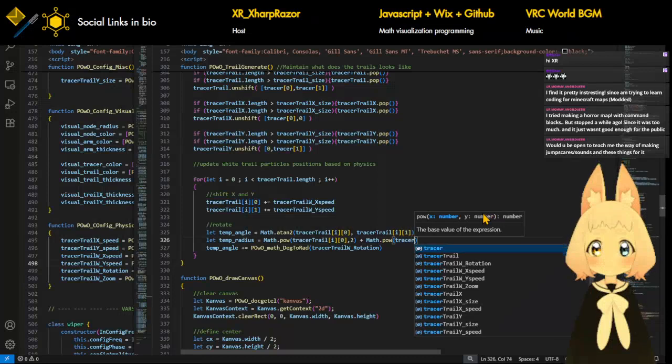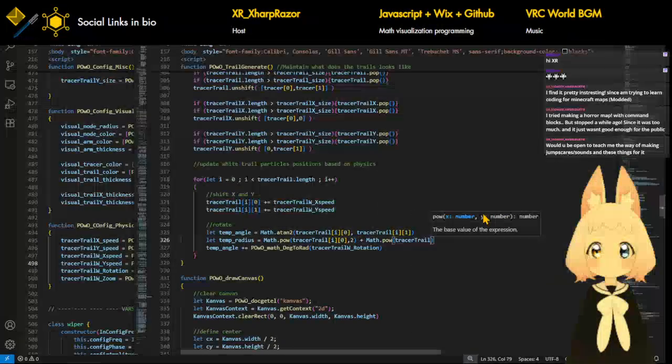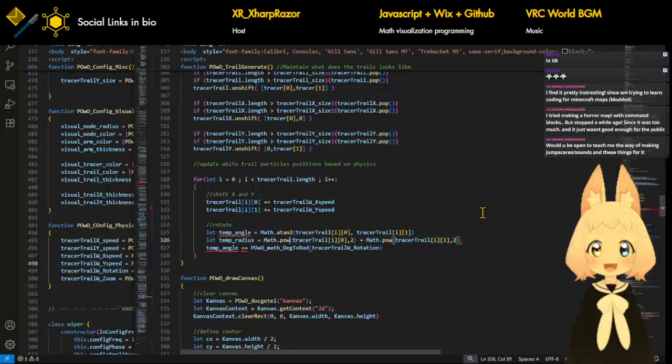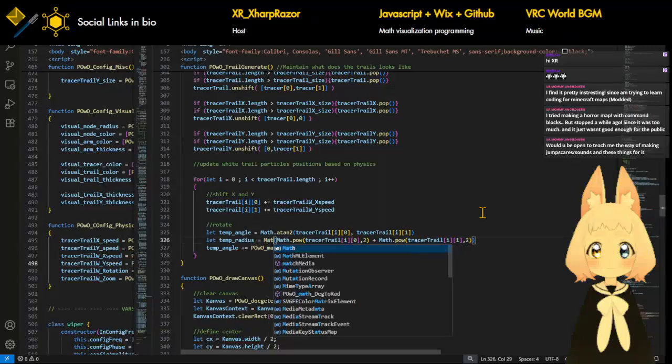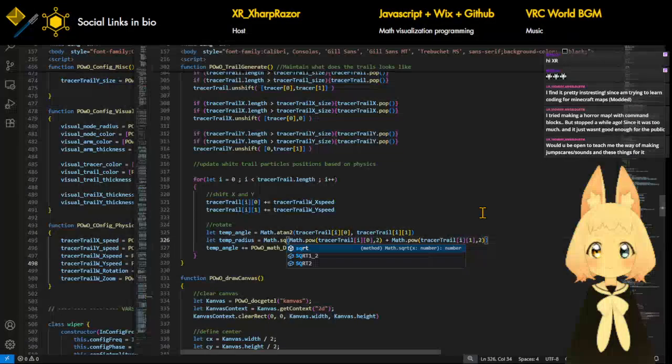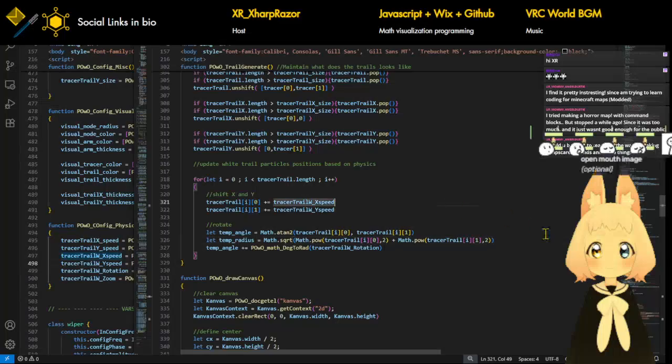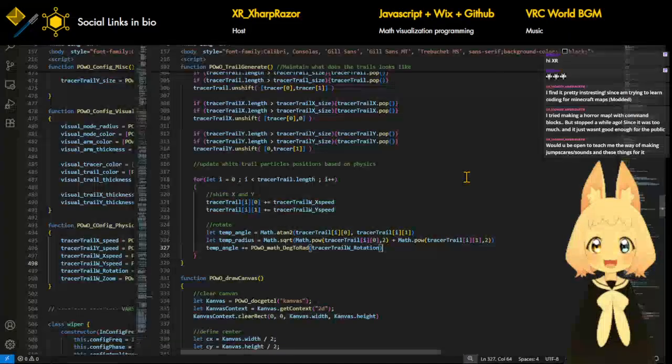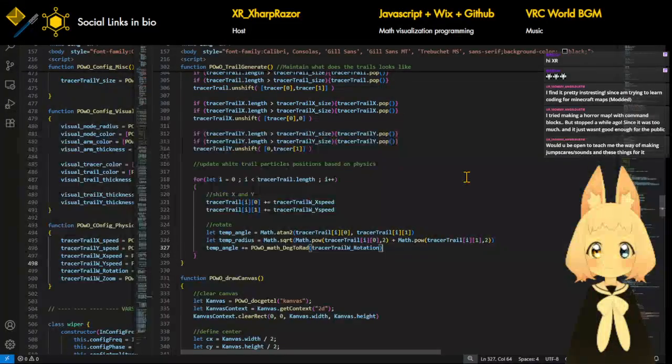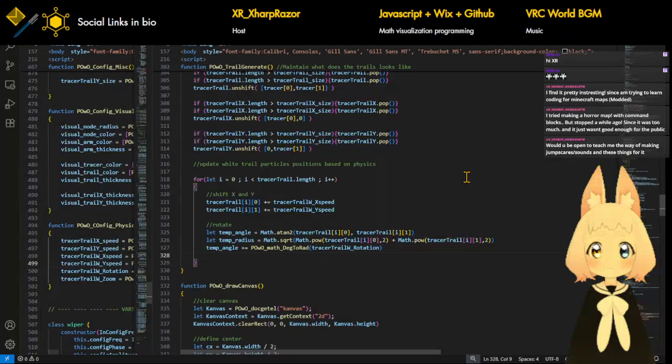Well, this is actually Pythagoras' theorem in action though. This thing, that thing, and then that. And then we'll take the square root of this thing. And then once we have that, we can just rotate the angle, and then now we can say